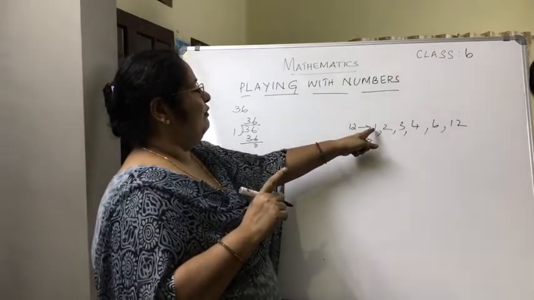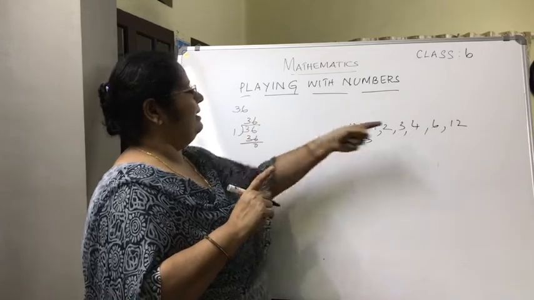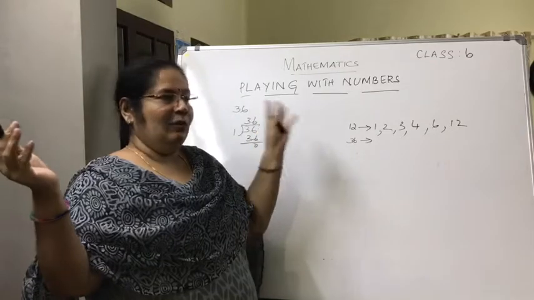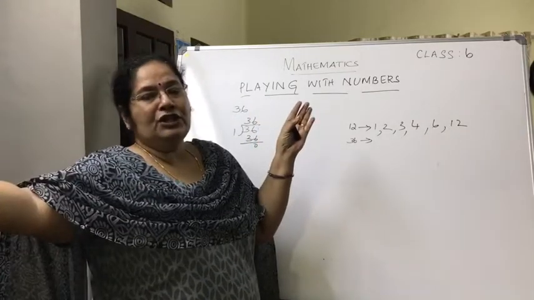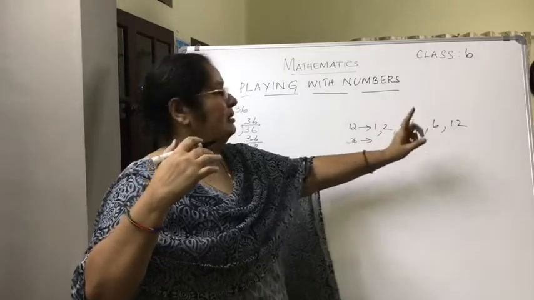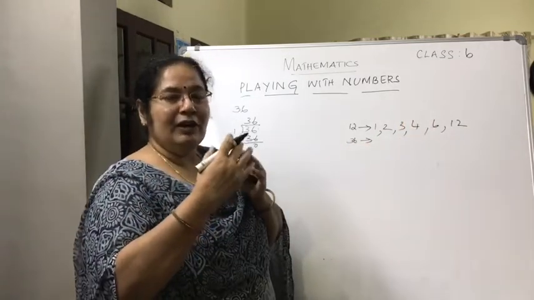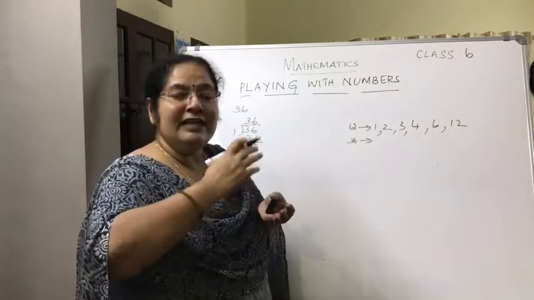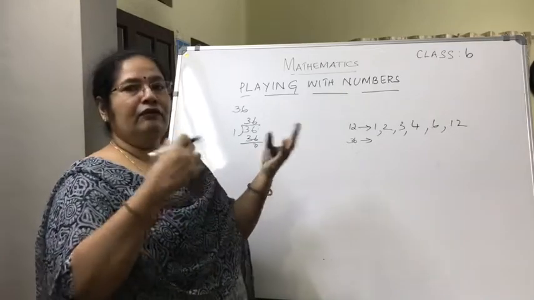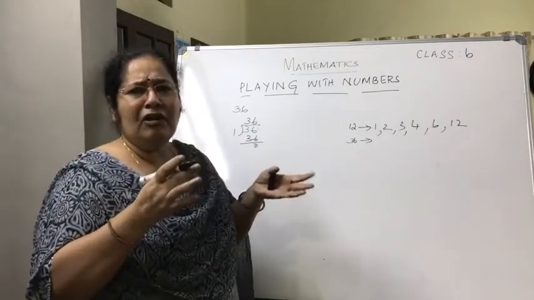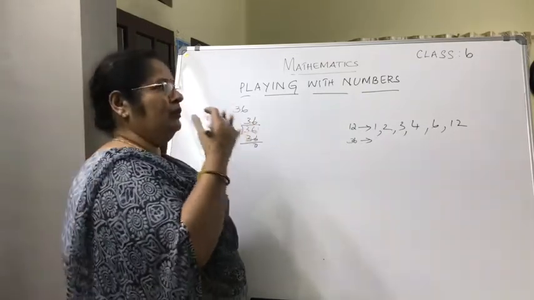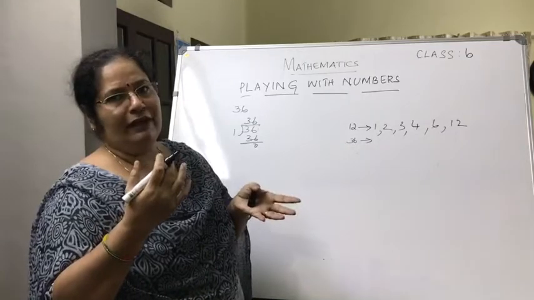The first one, when you are dividing, that is 1, and then you are writing 12. You are writing at the extremes, at the end. When you are dividing with 1, the quotient you are getting, you are going to write it at the end. Then 2 and 6, 3 and 4. That is the way you are writing, so that if it is in an order, it will be easy for us to understand also. These are the factors. Rather than writing 12, 3, 4, 2, 1, 6, which is not in an orderly way, if you write in an orderly way, it is easy for us to understand and you can very easily know the factors.